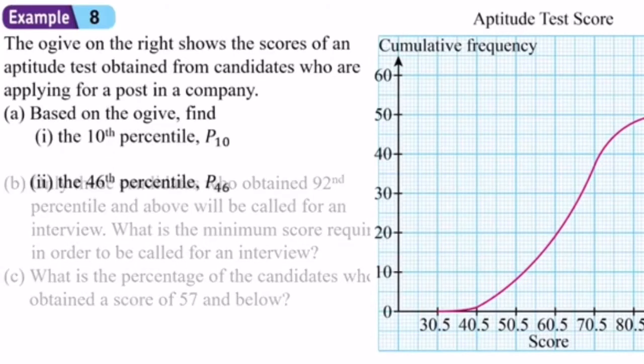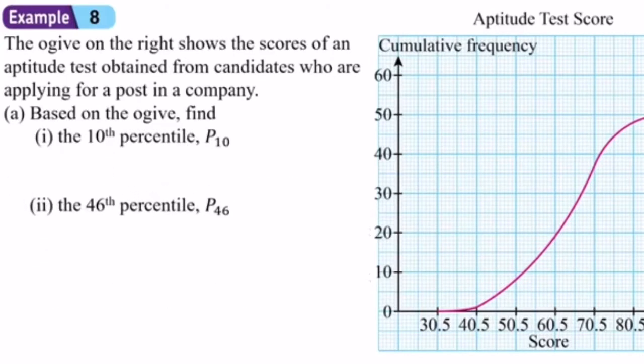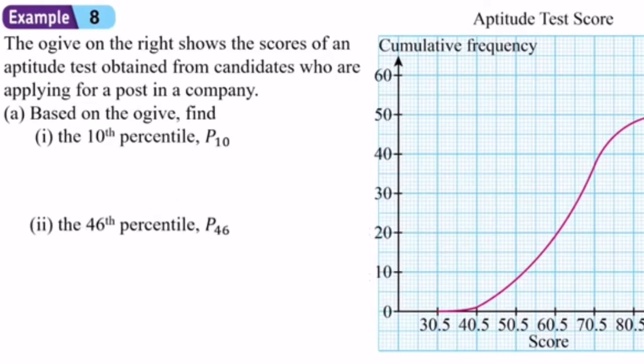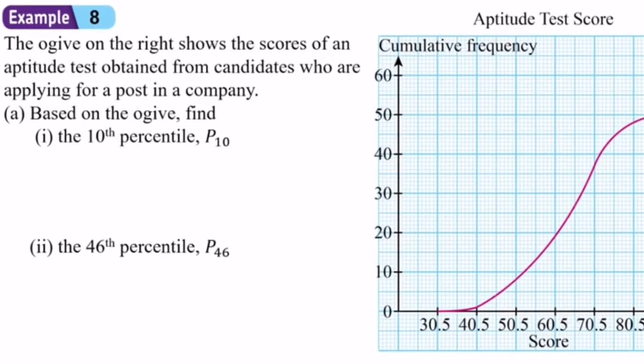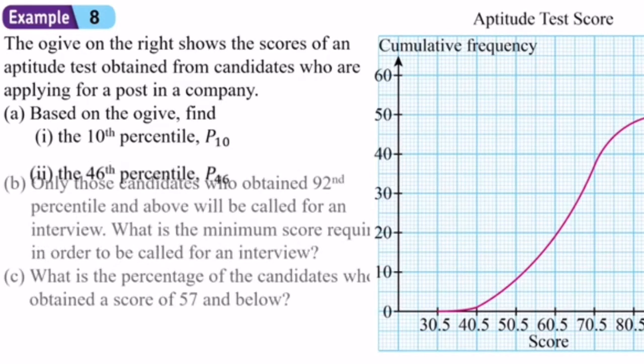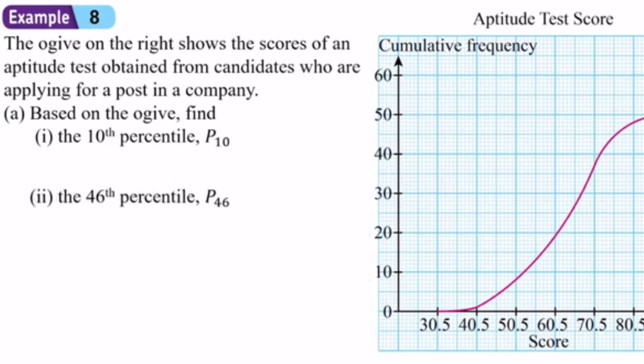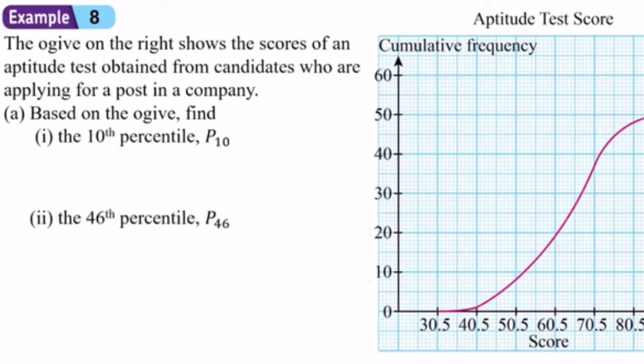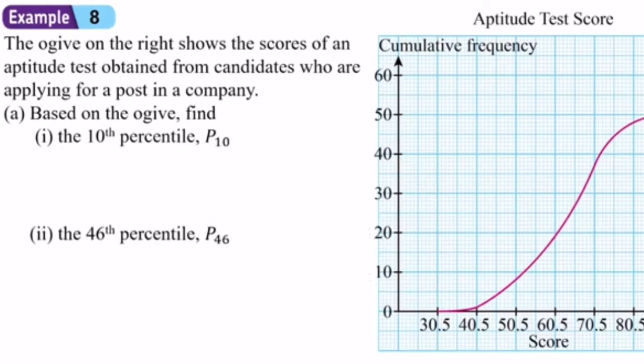Hi student, let's read example 8. The Ogive on the right shows the scores of an aptitude test obtained from candidates who are applying for a post in a company. Based on the Ogive, find the 10th percentile P10 and the 46th percentile